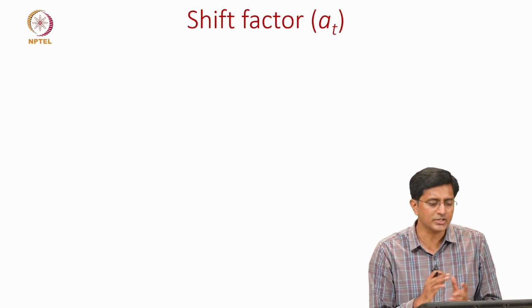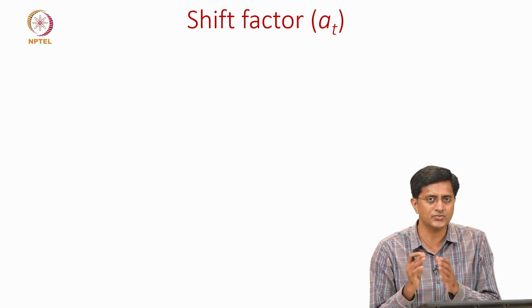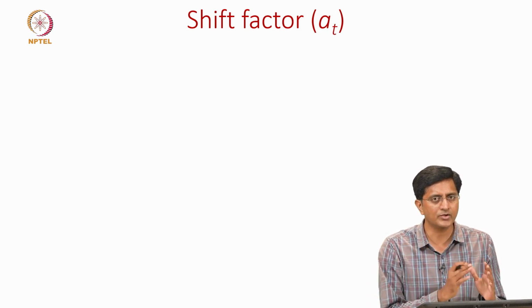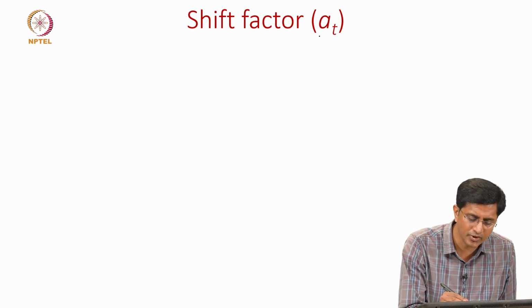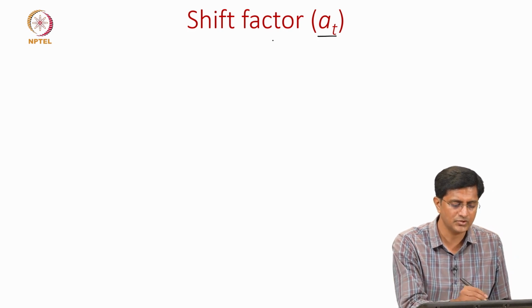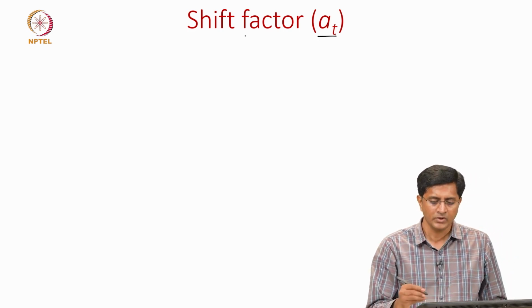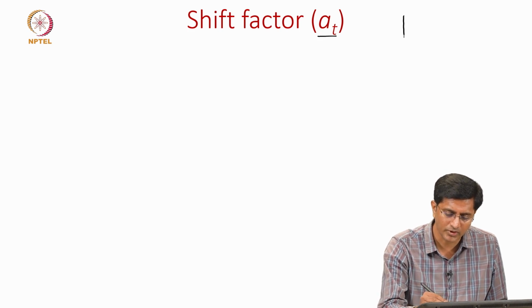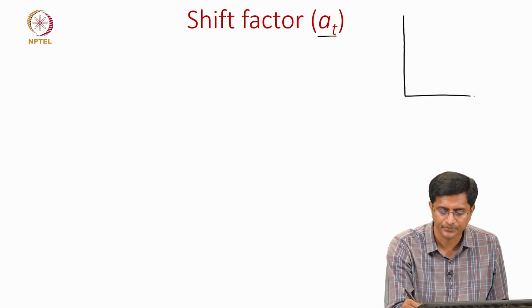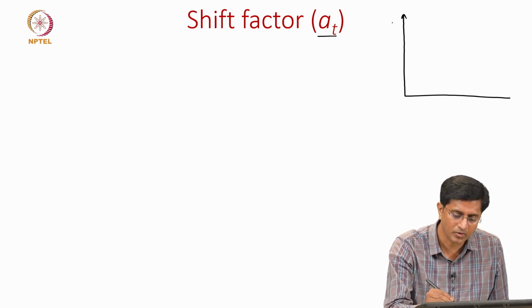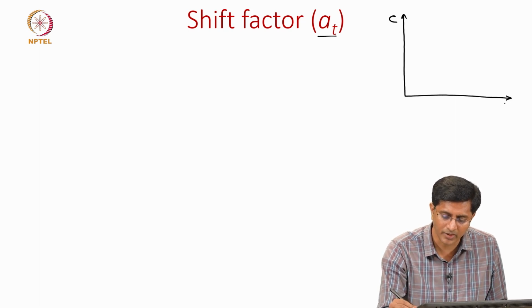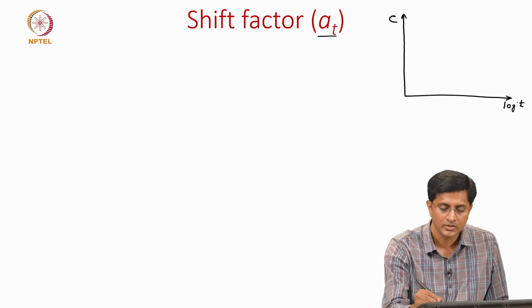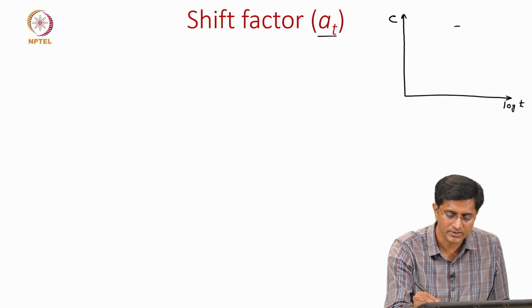So, now let us focus on this shift factor. We said once we have one master curve, we can get to the other master curve by doing a shift. That shift is denoted by A_T, which we also call the shift factor. So, let me show you what it means. Let us say again we are talking about the y axis as the compliance and the x axis as the time, but bear in mind we will be focusing on log scale. So, it is log time. So, let us say this is the creep compliance